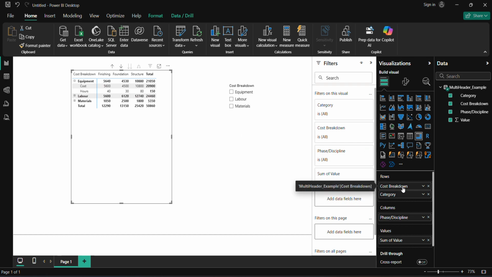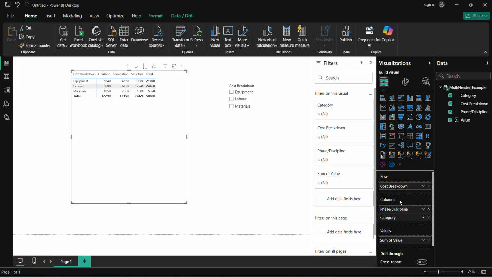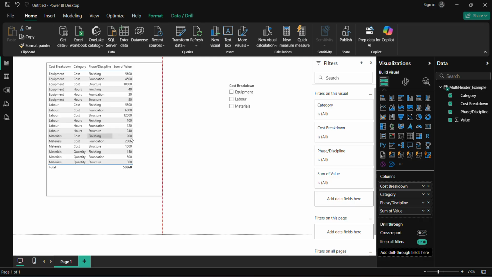I would even say we go category column. Yeah, maybe that complicates it. You can look at it like this, though, or go back to the table, or again,